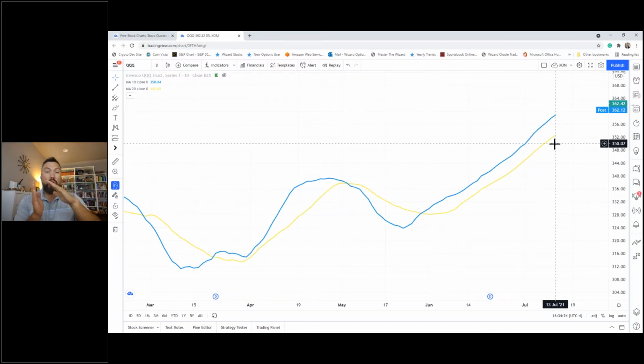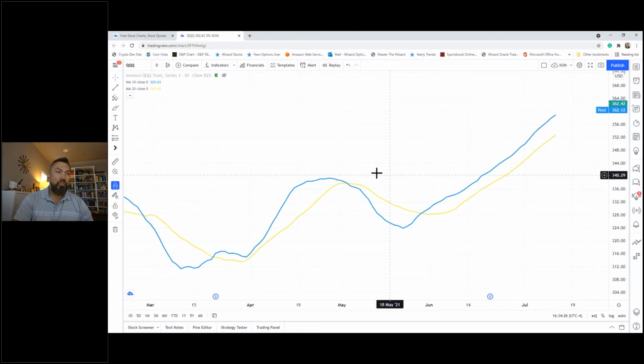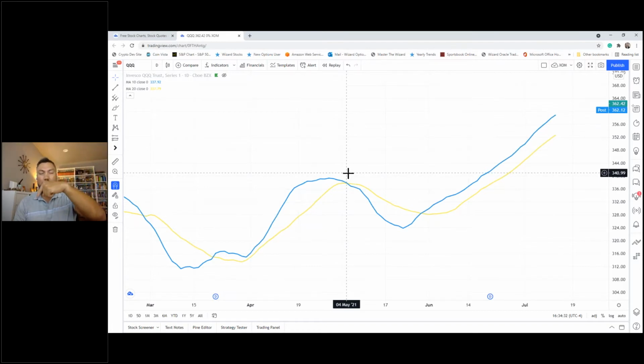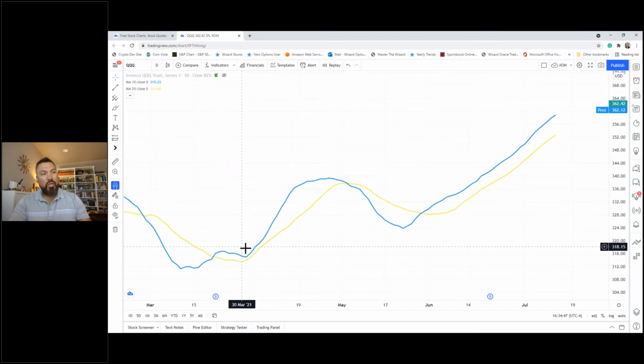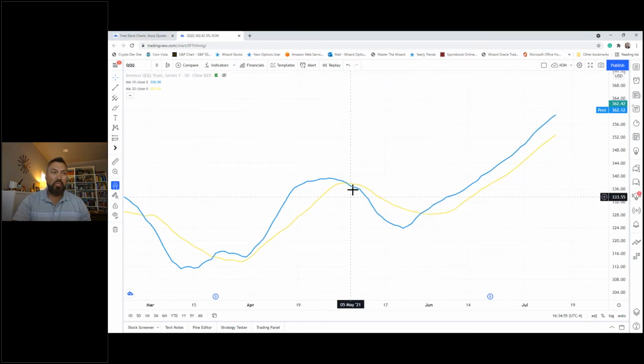But the markets don't always stay there. If I go back to the 4th of May, you see where the blue line crossed below the yellow line. That is a shift in direction. So we were moving up starting back in March, the end of March. You see the date on the screen. Went up to an uptrend, extended up, and then we lost momentum, shifted directions, hit a low, and then we crossed back up. So now these crosses start to give us a sign of the impending change, okay?